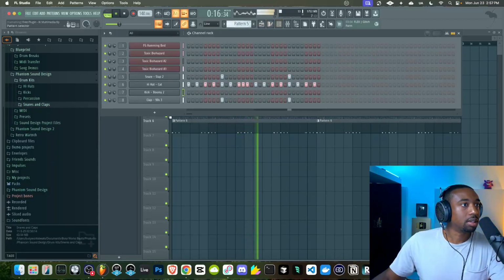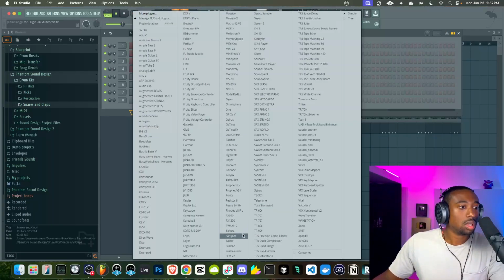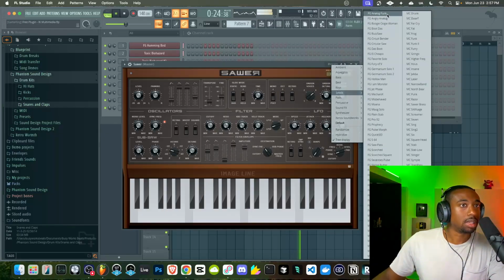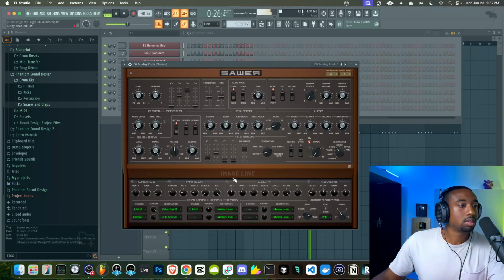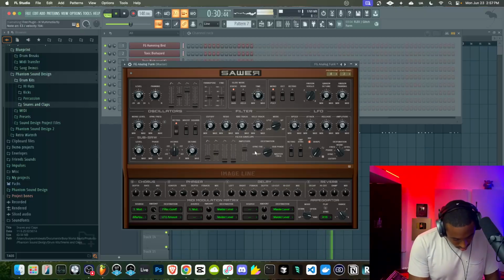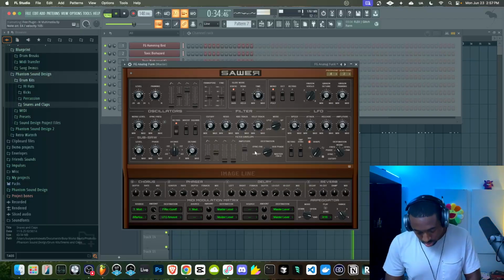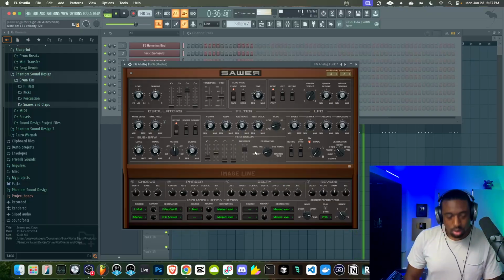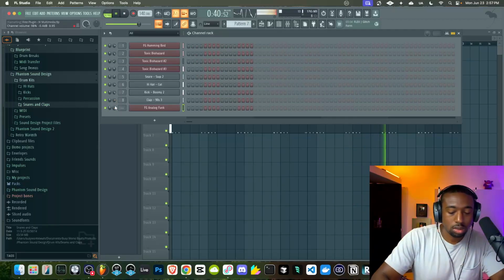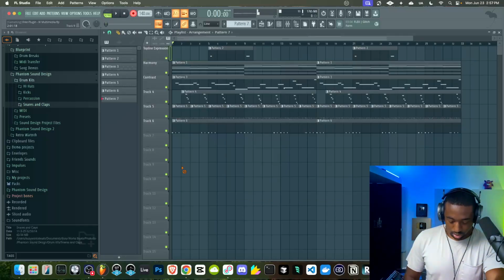Let's add another bass in here. Let's see if we can pull a saw bass here from the leads. Let's just play a lead at a low octave here. All right, let's figure that out.